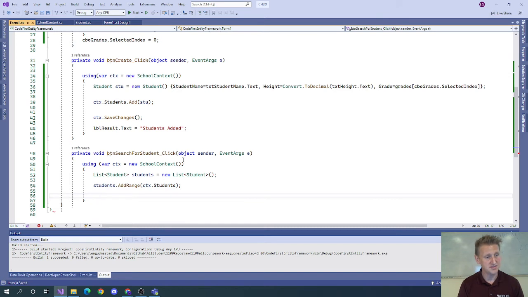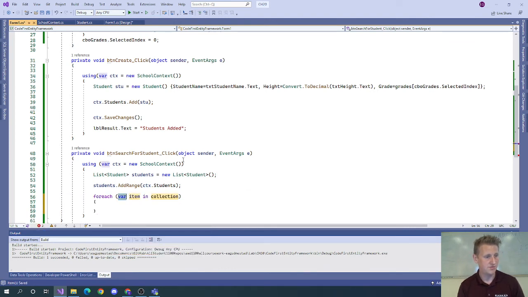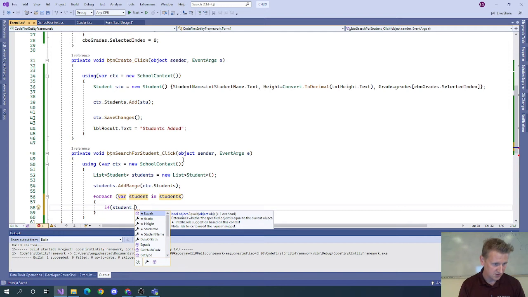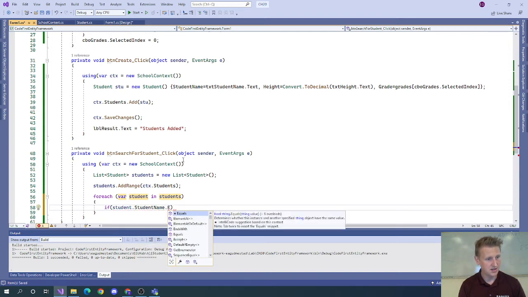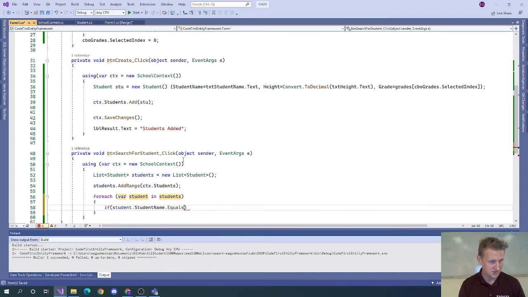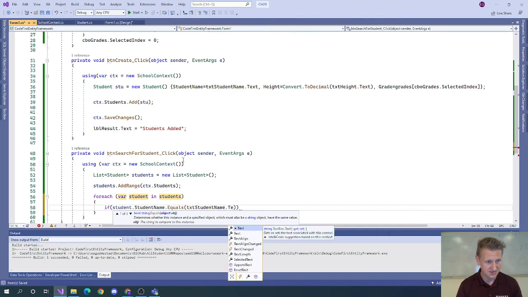Now we have a list of students, and for each var student in students, if student name dot equals text student name dot text,